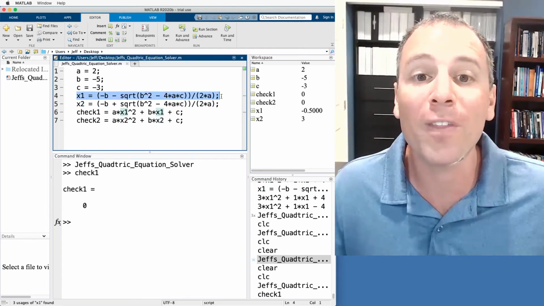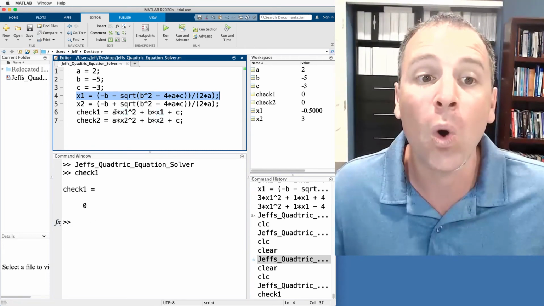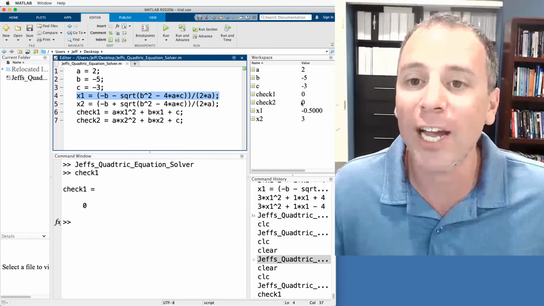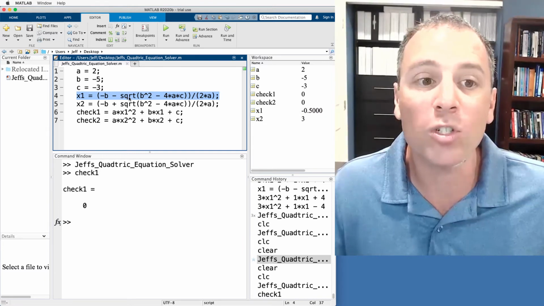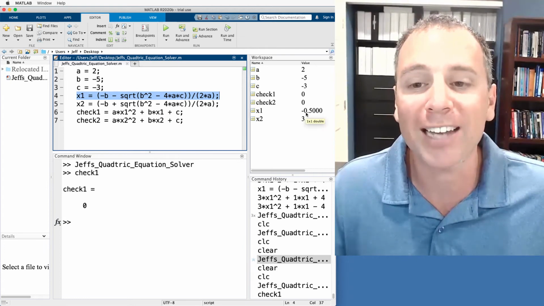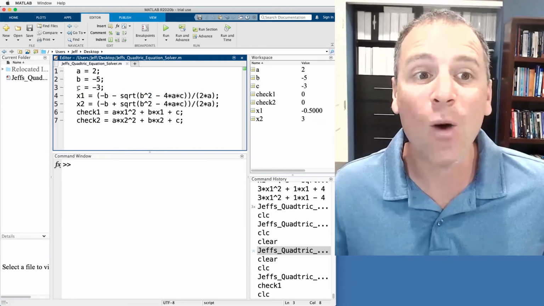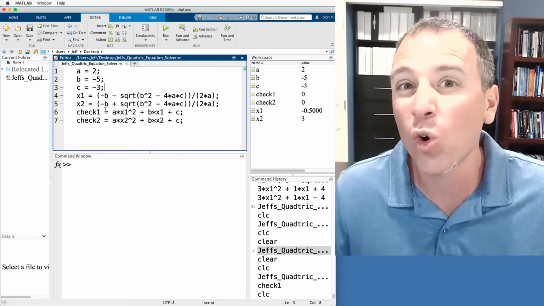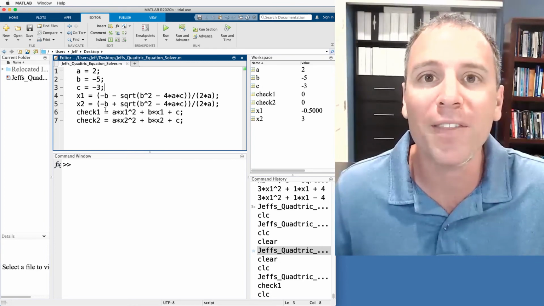The line of code that I propose solves my quadratic equation actually does produce a 0 when I check it with the original equation. So too, I can see check 2 also solves my equation, and I have the two values stored. Here is my first solution, which is the left point of intersection with the x-axis. It's -1/2. Here's my second solution, 3. Now I have a script. I have a general format, a general program that allows me to solve any quadratic equation that I might want.